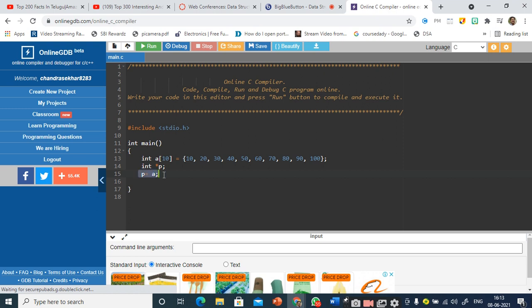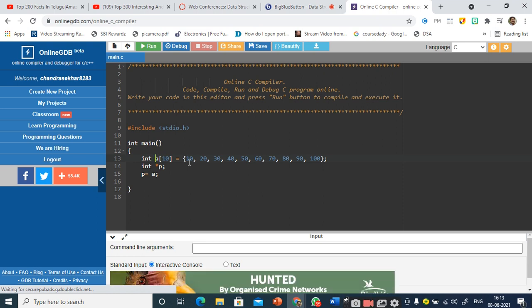The reason is, while we declare the array, you might have studied that the name of the array stores the base address of the array. For example, assume that the base address of this array is 100. What is the array name here? a. So the base address 100 is automatically assigned and stored inside the name a. The compiler performs this action automatically. So when you declare an array, remember that the base address will be automatically stored inside the name of the array.